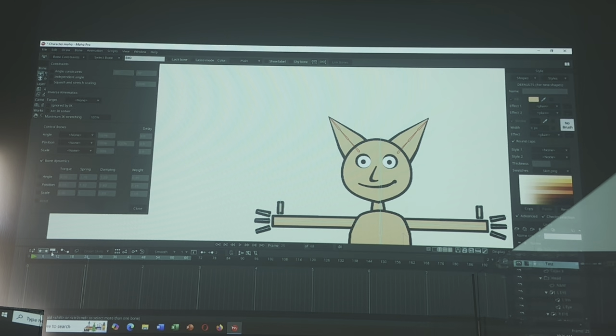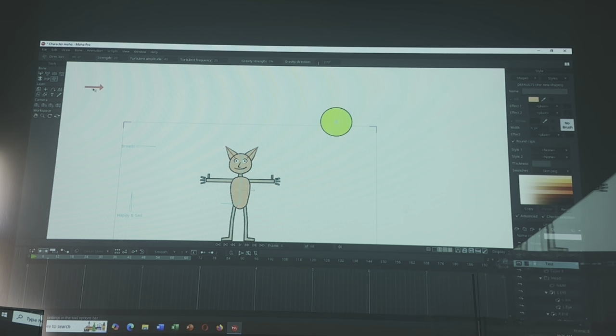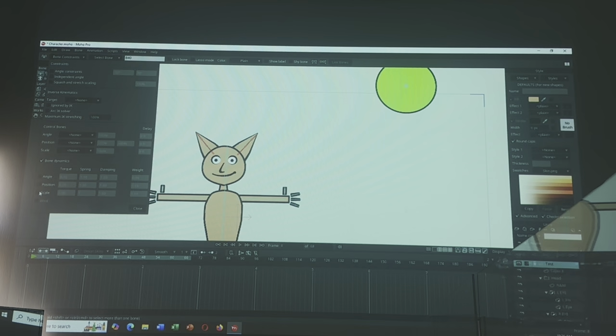So now the character is standing still. But if I turn the wind on, by going to this option, so I click on that, and this will appear, and I'm going to explain what exactly that is. And selecting the bones, let's go to, why is it off? Okay, so let's turn the angle on and turn the wind on. Okay. Now if I play,